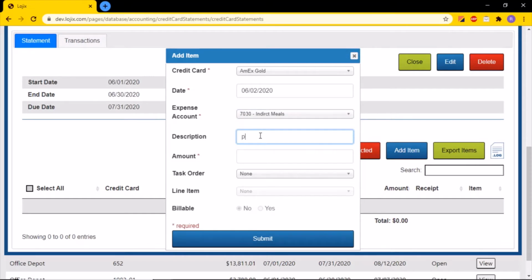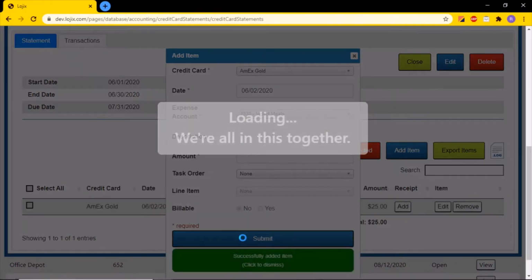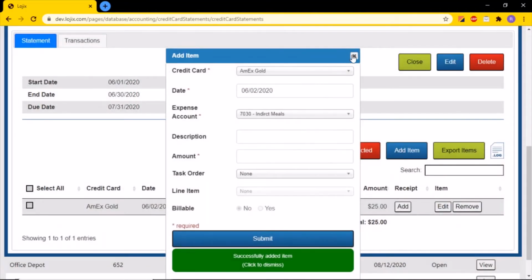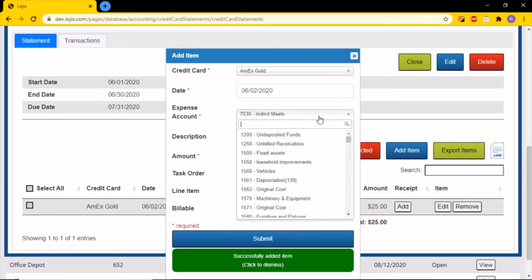A description is always helpful, usually of the store that you made the purchase at. This is where you would select the task order if this was a direct expense. We'll show one of those in just a moment, so for now we'll go with the indirect. The Add an Item menu will stay open once you have successfully added the item so that you can continue